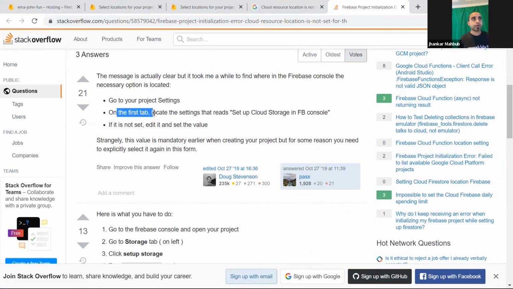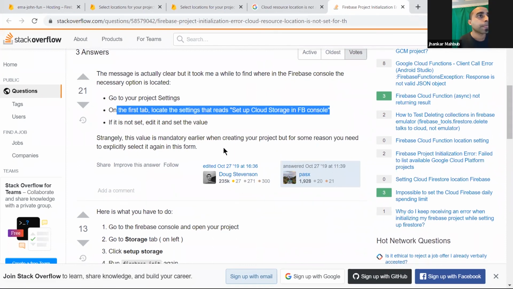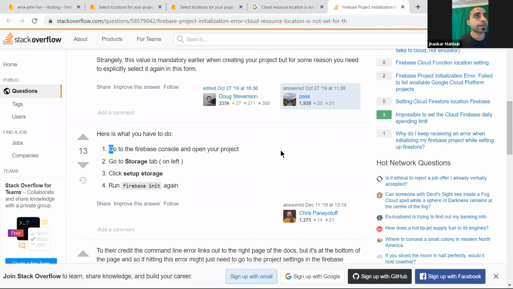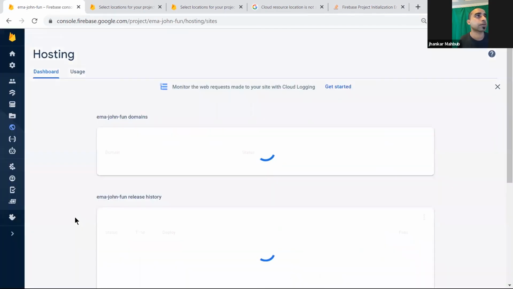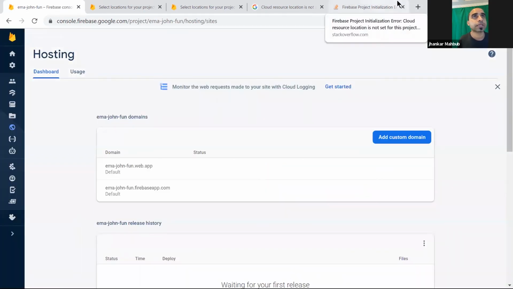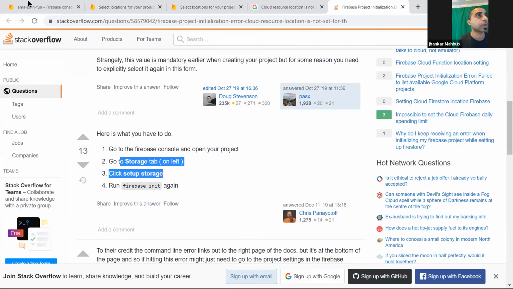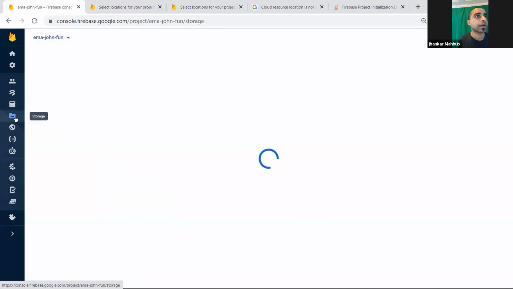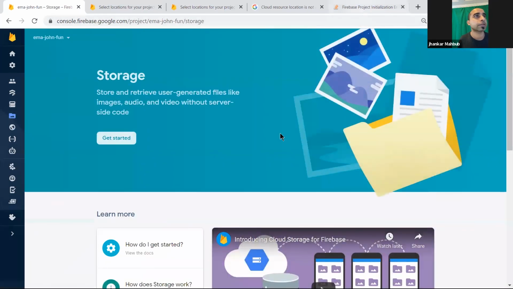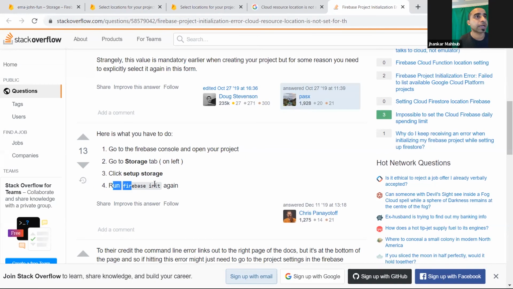On the first step, locate your settings, set up cloud storage in the Firebase console. And here it also says go to the Firebase console and open your project. So this is our continue to the console, and this is our project. Then it says go to the storage tab. So we have this storage tab. This is where they want us to go, the storage step, then run Firebase again, and click set up storage.